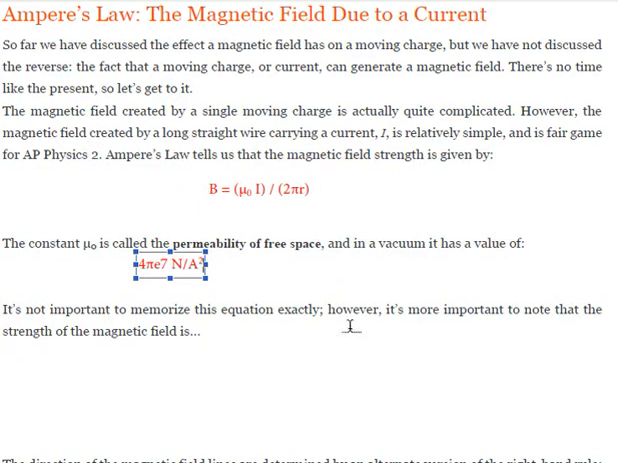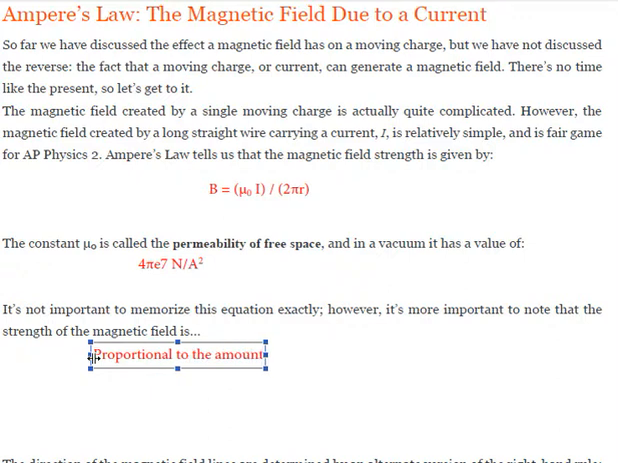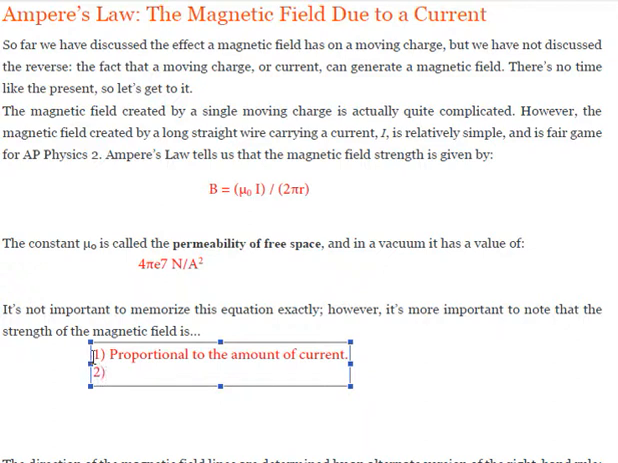So it's not so important to memorize the equation exactly because, obviously, you have your equation sheet with all of the equations on it, but it's really important to note that the strength of the magnet is going to be, for one, proportional to however much current there is. So proportional to the amount of current. If your current goes up, then the strength of the magnetic field will go up. So proportional to the amount of current, and 2,